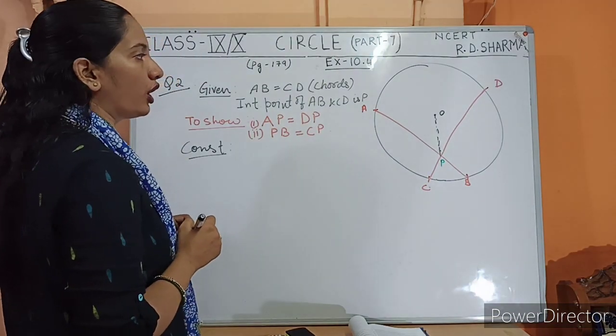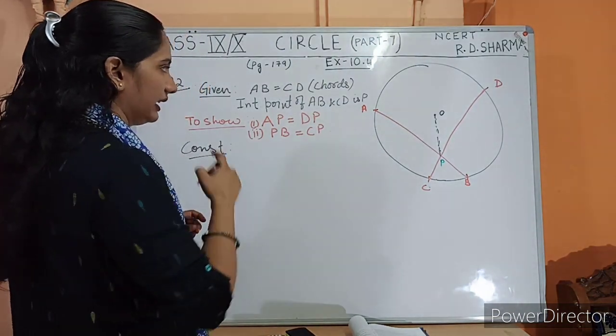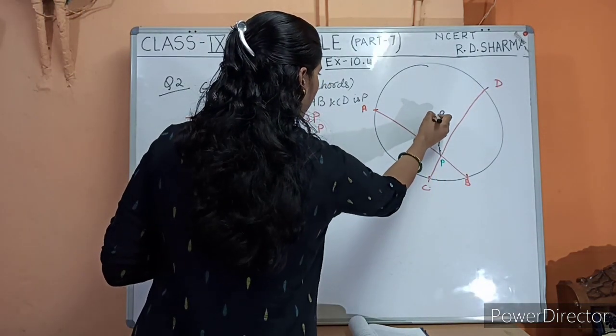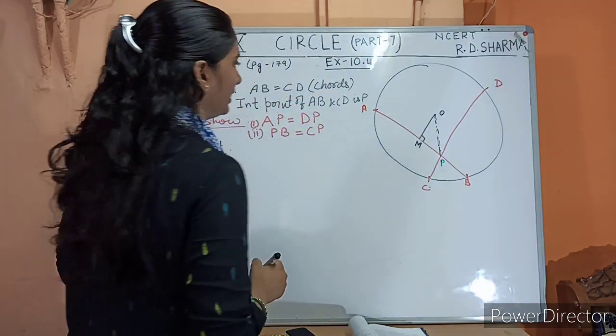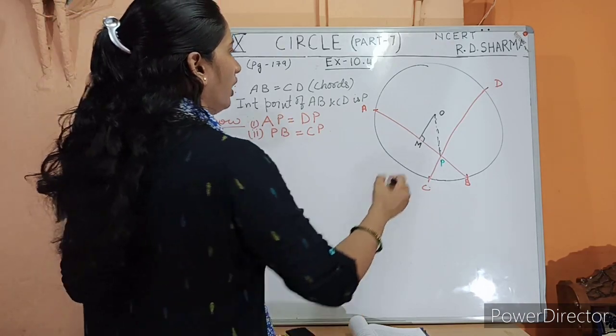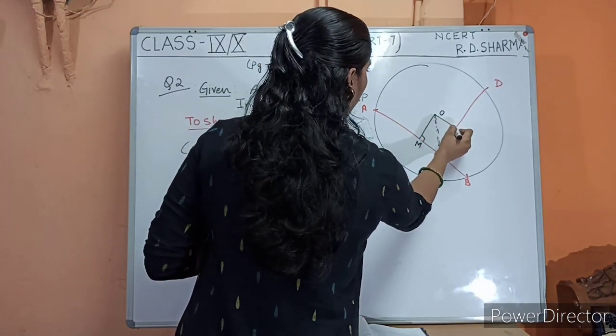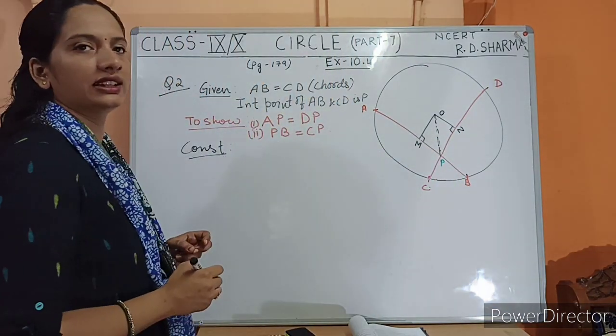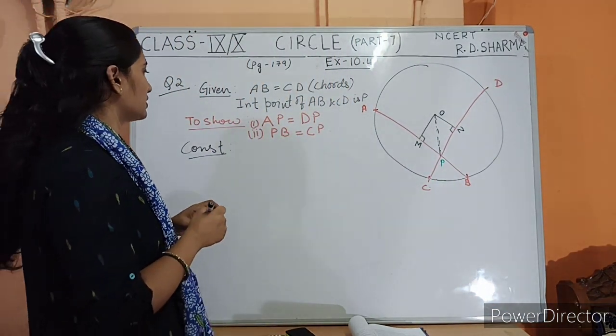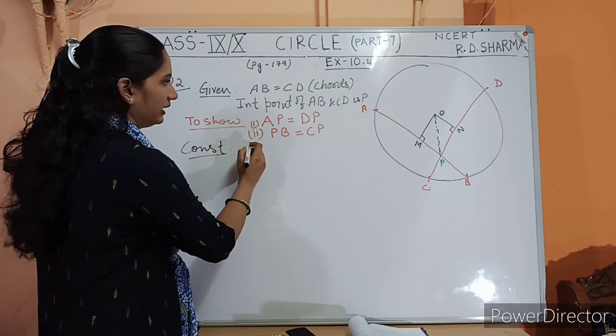And we will draw a perpendicular line on the chord AB. Chord AB पे एक perpendicular line draw करेंगे from the center. Similarly, we will draw one more perpendicular line on the chord CD, and let us suppose it is intersecting the chord CD at end point. So in construction we have done,